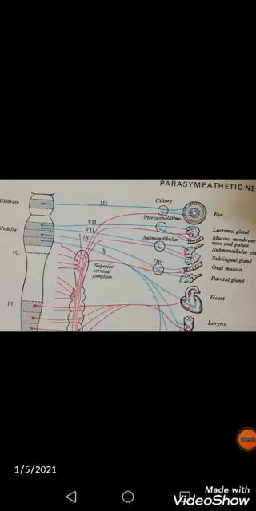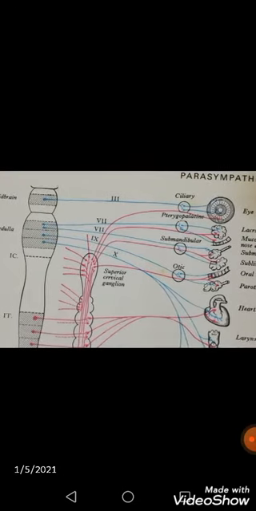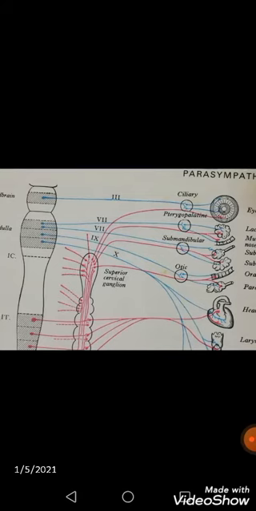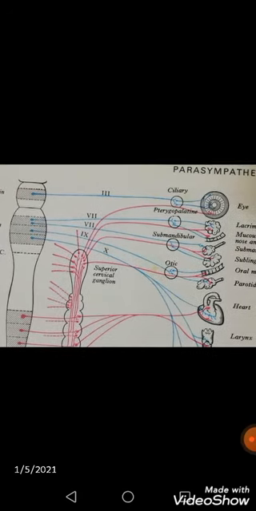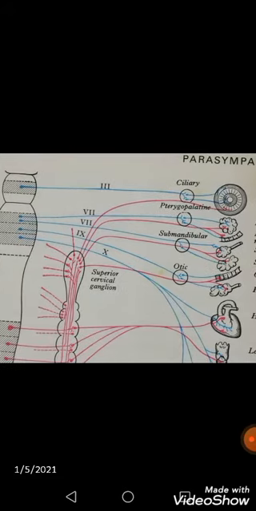Bismillahirrahmanirrahim. Today we are going to discuss the parasympathetic peripheral ganglia, especially the ciliary ganglion. But before going to the main topic, let's start with the introduction of the parasympathetic ganglia. Here you are looking at the spinal cord and the associated parts of the autonomic system, and you can visualize the four peripheral parasympathetic ganglia in this picture.